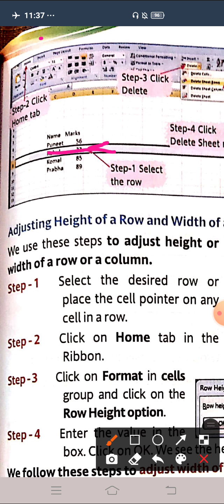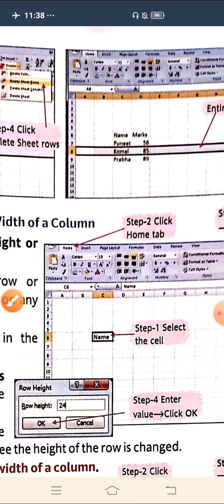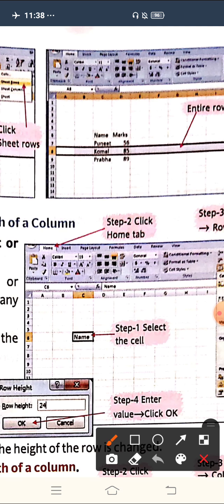After selecting the cells, we have to click on Home tab. After clicking on Home tab, again we need the option delete. After clicking on delete, from here we have to choose delete sheet rows because we want to delete the complete row. So that row will be deleted. You can see that row is deleted now. It is not there in your data.